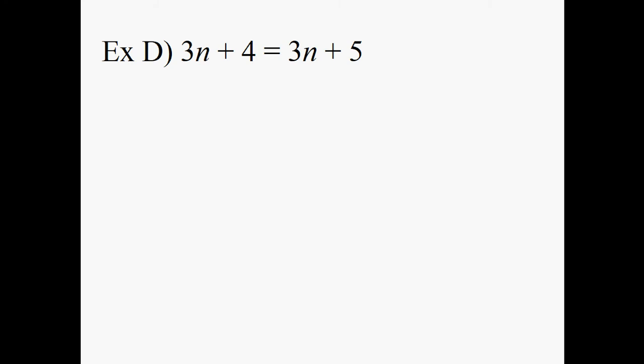So can we say, at least at this point, that this is an identical situation? No, because if you notice, it's a 3n plus 4 and a 3n plus 5. So although the variables are the same, the integers, meaning the 4 and the 5, those are not. So that means when I subtract my 3n on both sides,